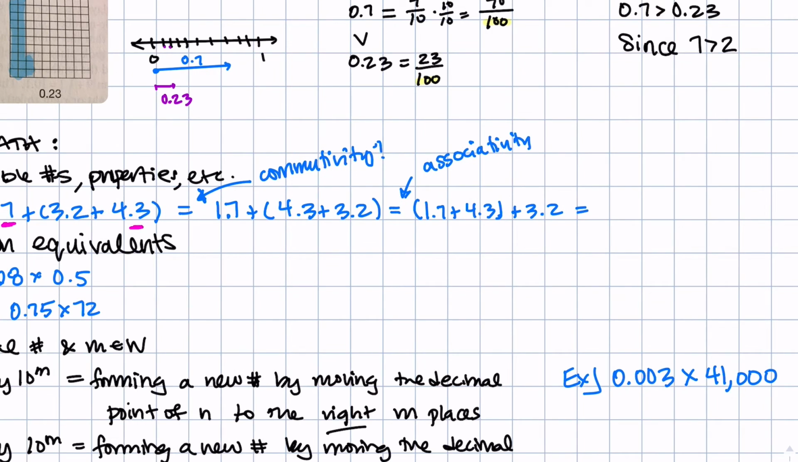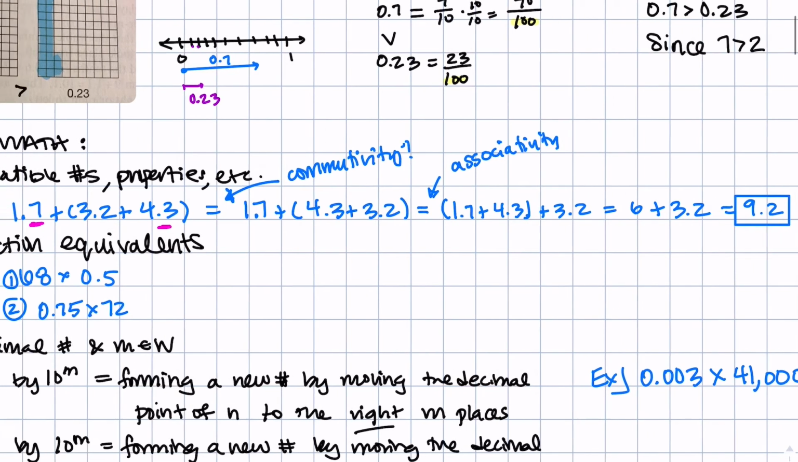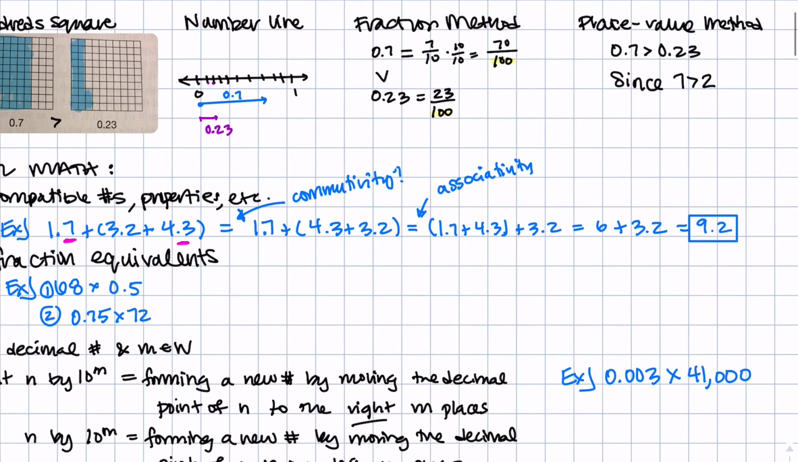And now 1.7 and 4.3 we said are nice to add together because 0.7 and 0.3 make 1. So 4 plus 1 is 5, and then I'll add another one for that 0.7 and 0.3 to get 6. And I'm going to add 6 plus 3.2. That gives me 9.2. So this is kind of a written out way that we might do this mental math